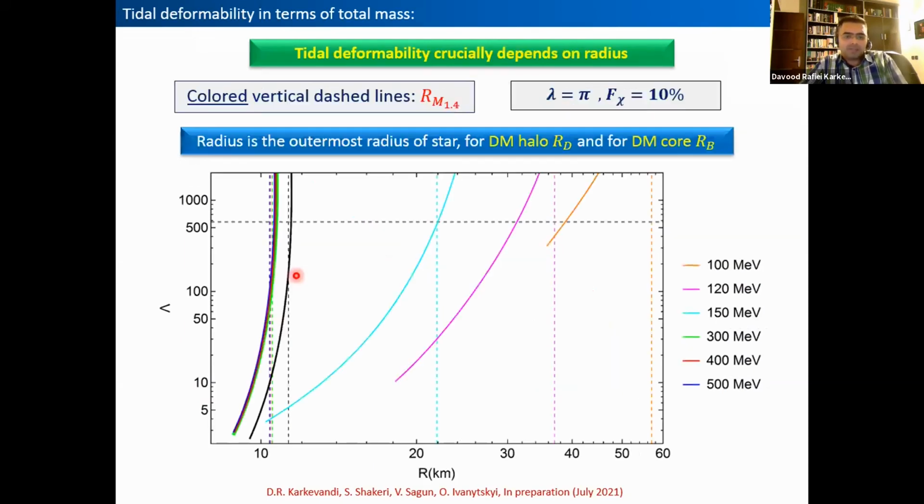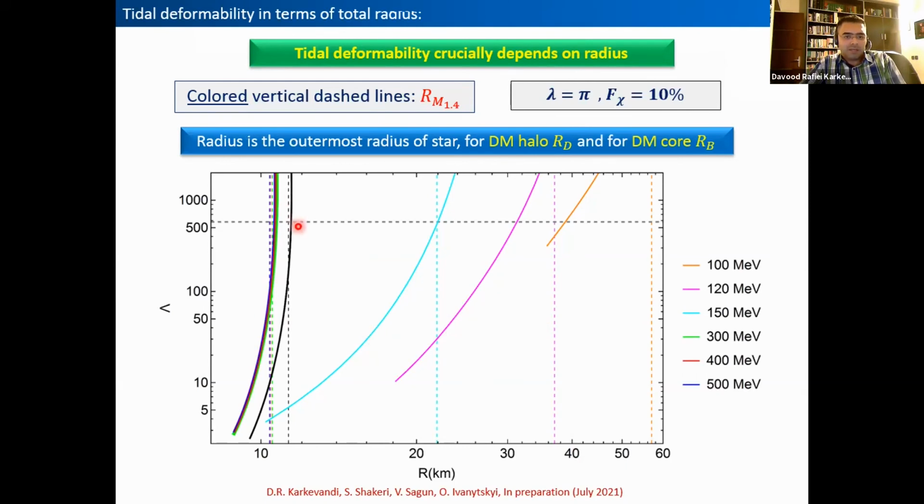And here we can see better that tidal deformability crucially depends on radius. And here again, it is the tidal deformability in terms of radius for exactly the case that I showed before, for different boson masses and lambda pi and fraction equal to 10%. And colored vertical dashed lines are related to the radius of the mass equal to 1.4. And you can see obviously that we have a DM core to DM halo transform and the increase in tidal